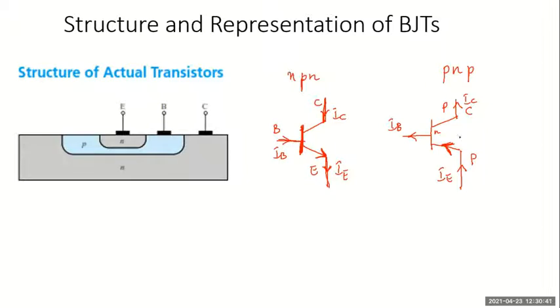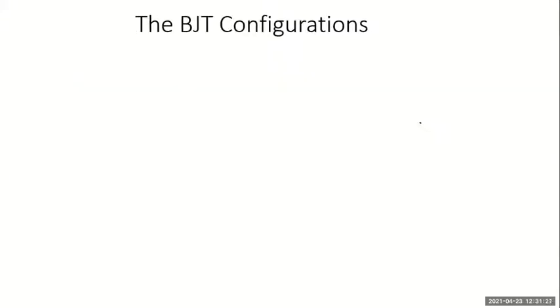Only then I can say from Kirchhoff's current law, if I apply KCL at this transistor, IE will be equal to IB plus IC. When IB and IC are leaving and IE is entering, or when IE is leaving and IB and IC are entering. That's how it should be. So this is the standard representation of a BJT. Any doubts with this? Only if you write this representation correctly, you will be able to analyze the direction of currents properly, mark the current directions correctly, and analyze it.